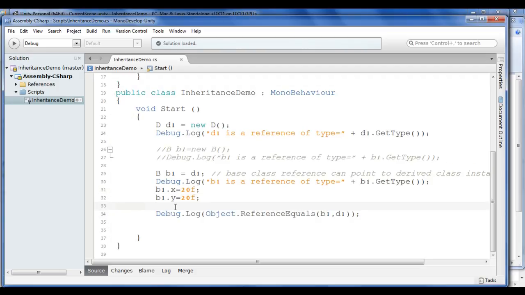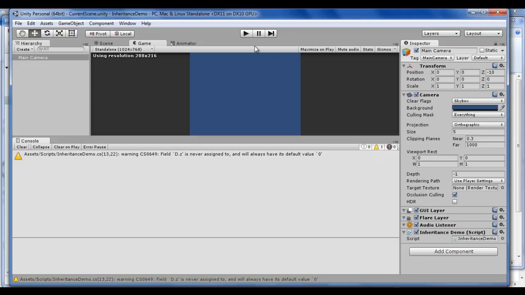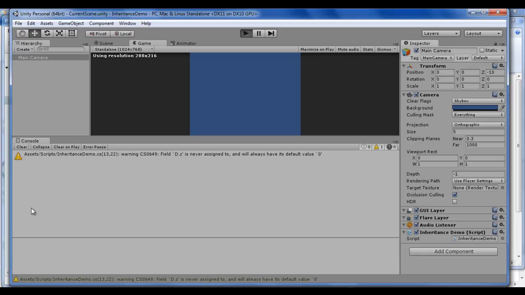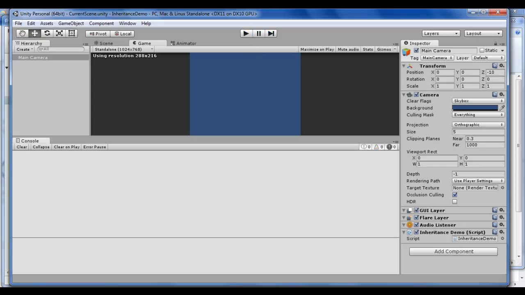I just want to prove to you that the base class reference variable and the derived class reference variable are both pointing to the derived class instance. By this line I can prove that. If I save and come back, we will not be having any errors, only a warning. If I run the code, we should get true here, the last output should be true. You can see that I am getting the result as true, guys. That means both are pointing to the same instance,